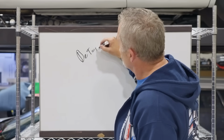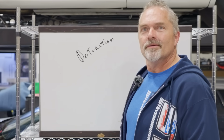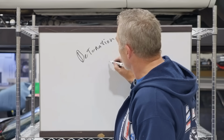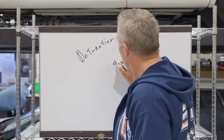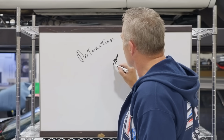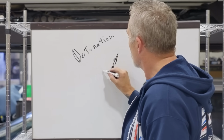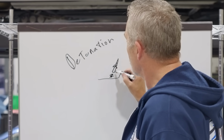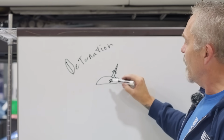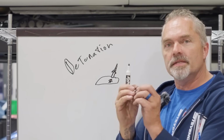Now, our normal deal that we're always looking at is detonation. Is that spelled right? Detonation is when the spark plug has already sparked. This is our combustion chamber, okay? It has already sparked, and the flame front has not gone all the way across. It has not been one continuous